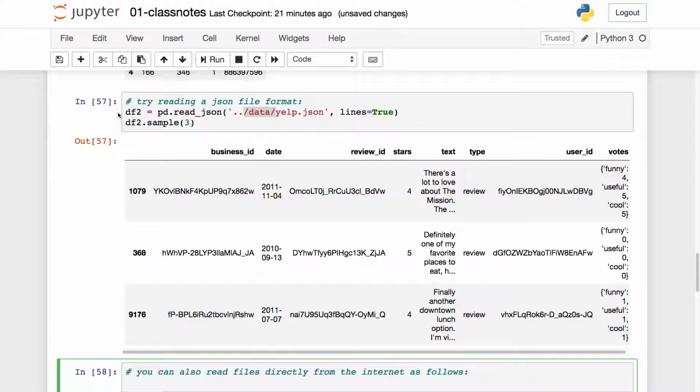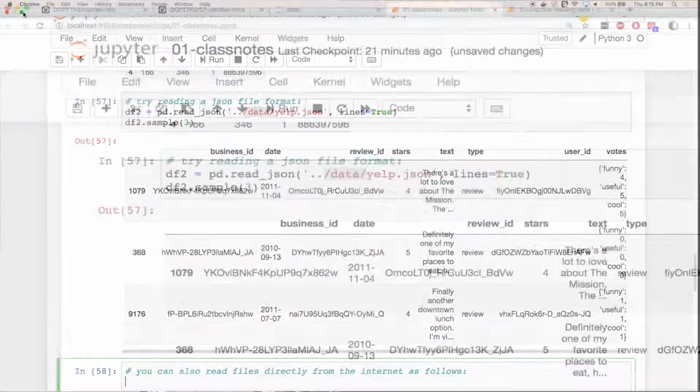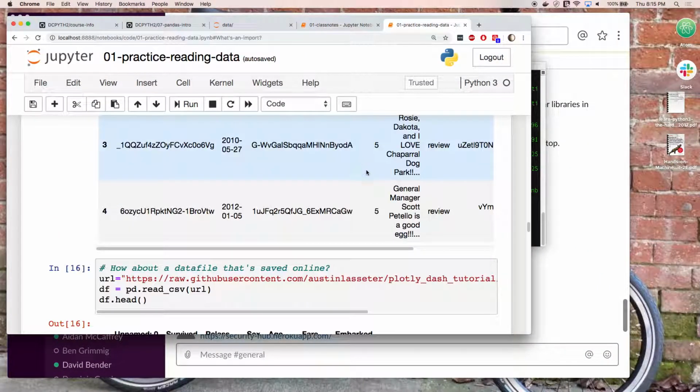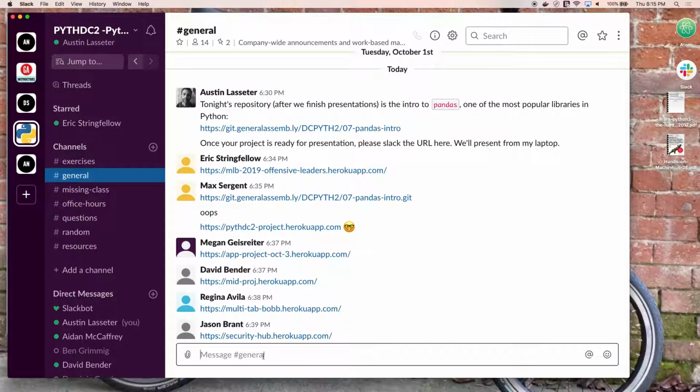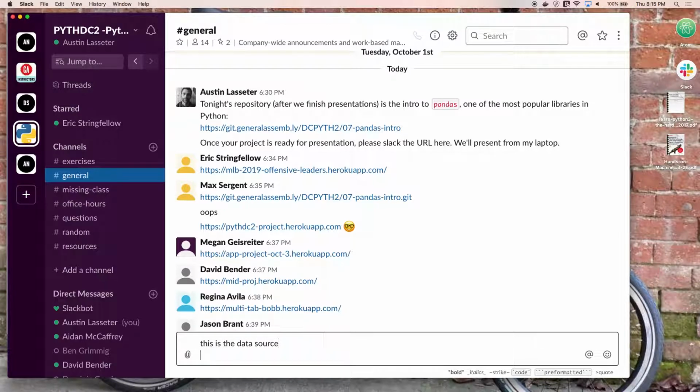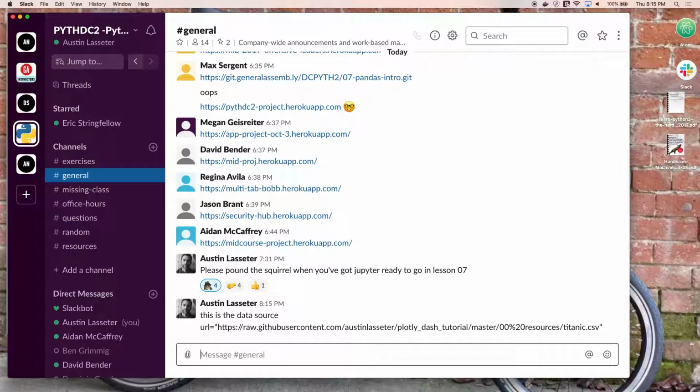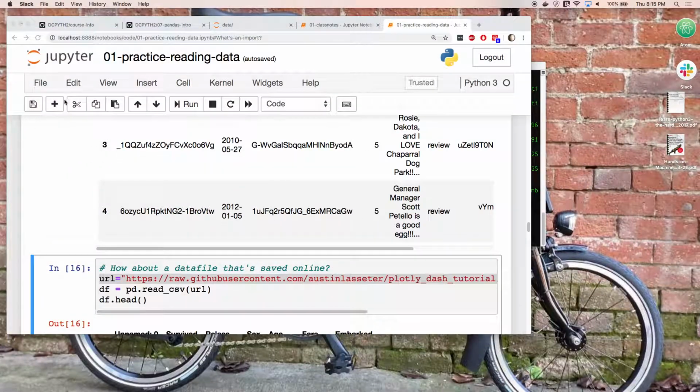And for this one, it's kind of a long URL, so I'm just going to Slack it out, where you can also grab it from the solutions notebook. But here it is in Slack. Am I in general? I am. This is the data source. So if you want to copy this directly into your Jupyter notebook rather than having to watch me type it in on the screen,